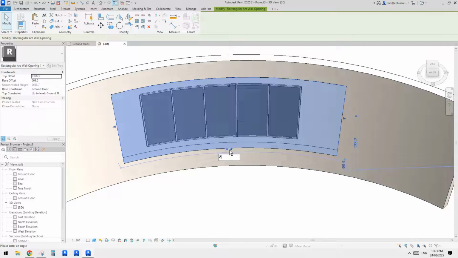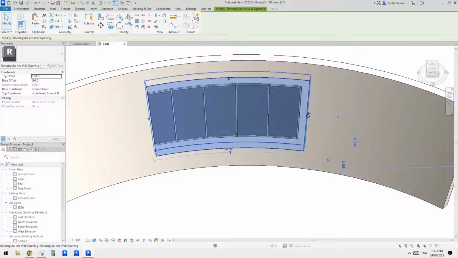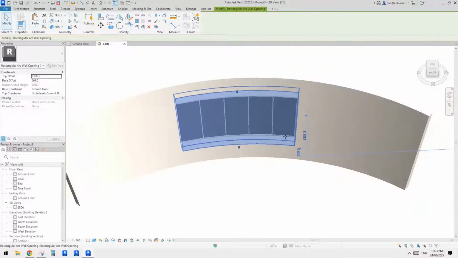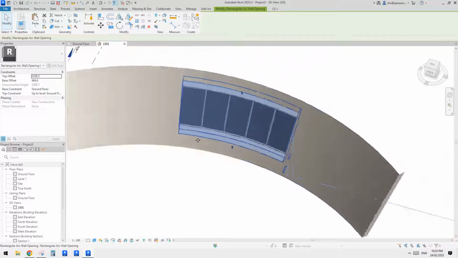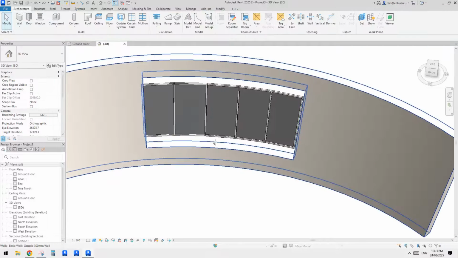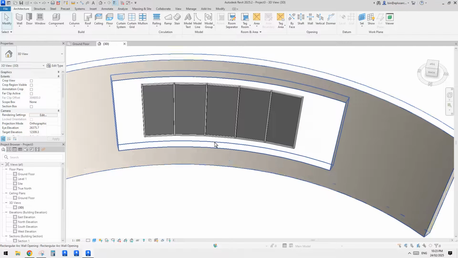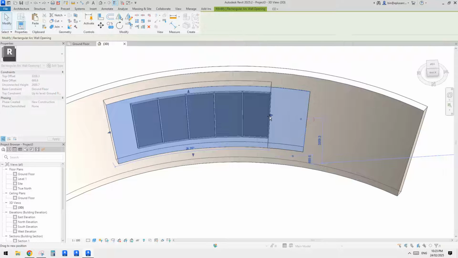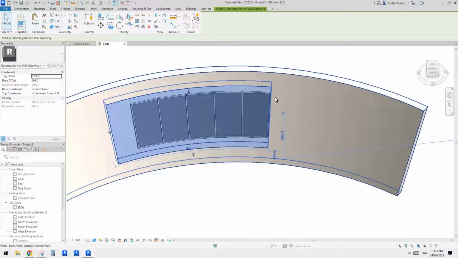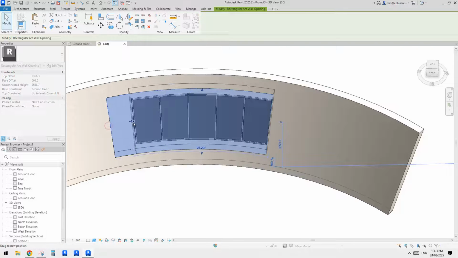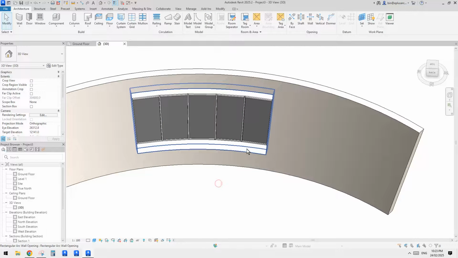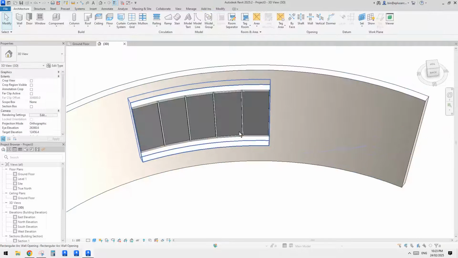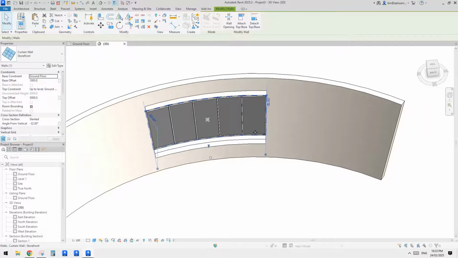So I'll type in a 24, and maybe I'll just try to move. See? Okay, so I think this is great. Control Z. So see, when I move this one roughly there, it will snap onto the curtain wall. Okay, and then when we can, if we